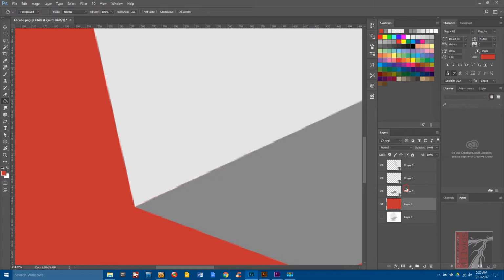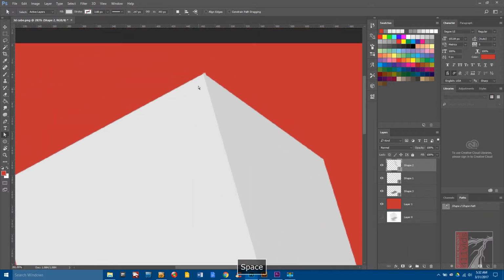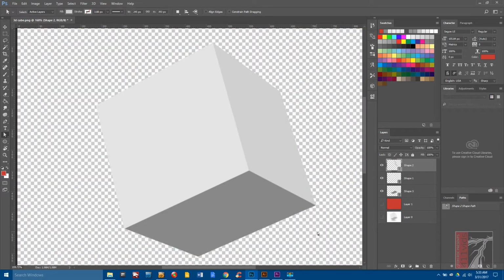What we need to be able to do is direct select our shapes. So I can get rid of the red now,